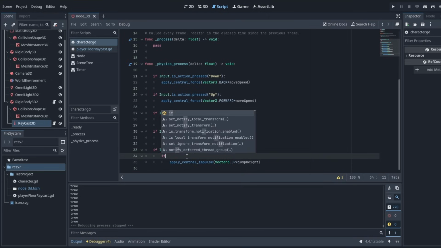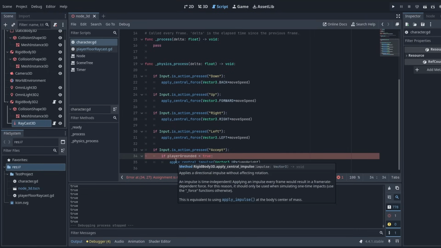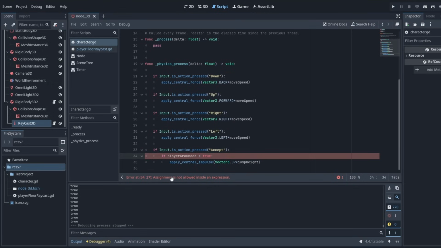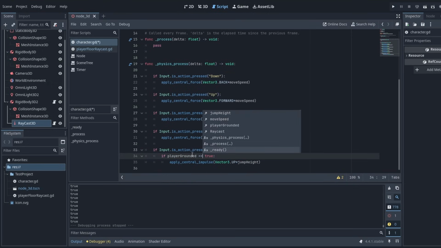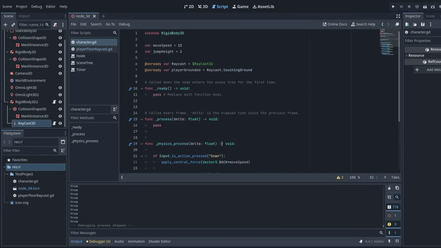Which means now we just need to put the jump button in an if statement which checks if the grounded boolean is true. And error. Luckily, some of my limited coding knowledge kicked in and reminded me that a single equals symbol assigns a variable, while you use a double equals symbol to check. So I was basically trying to set the boolean true in this if statement instead of reading it. Now, when we press play,